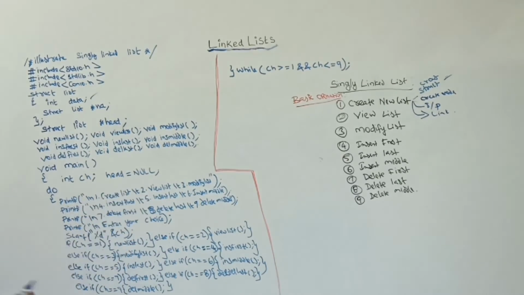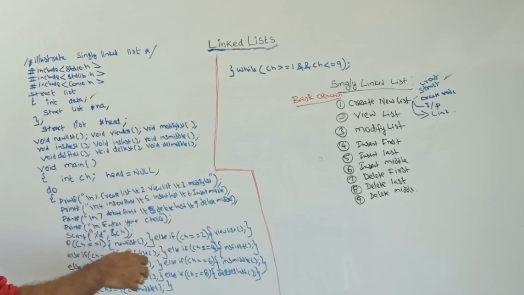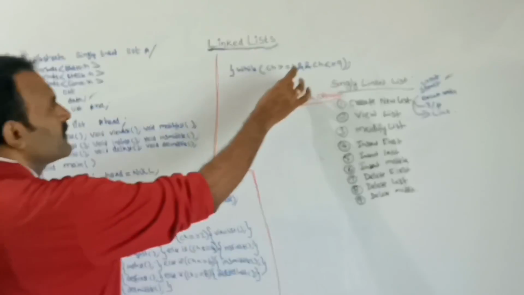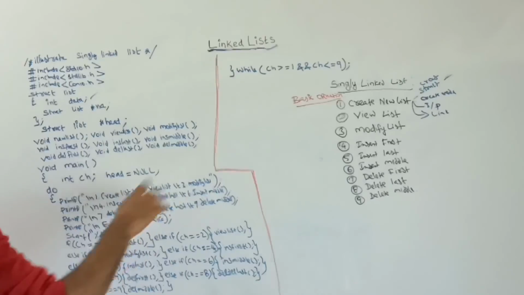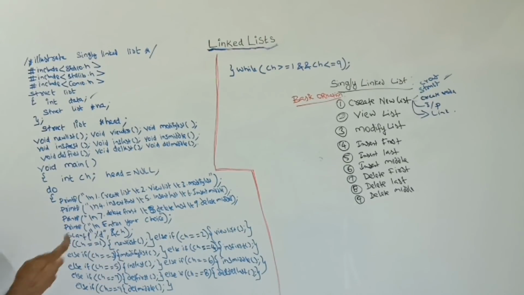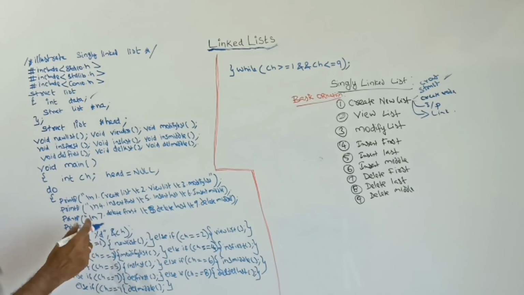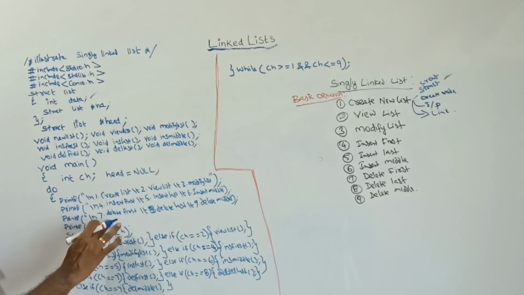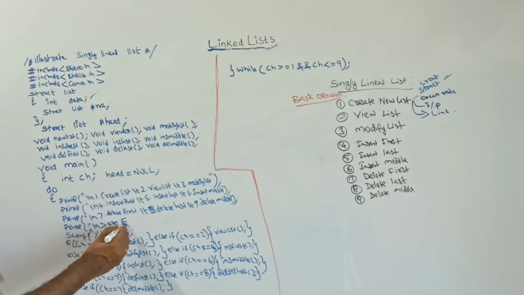If you want to come outside, you can give a number greater than 9; only for numbers between 1 and 9 will this do while loop be executed. If you give some other number, it will come outside. Otherwise, before entering the choice, here simply give a newline. After that, if you give a value greater than 9, or greater than or equal to 10, in the message I tell that greater than or equal to 10 is used for exit.